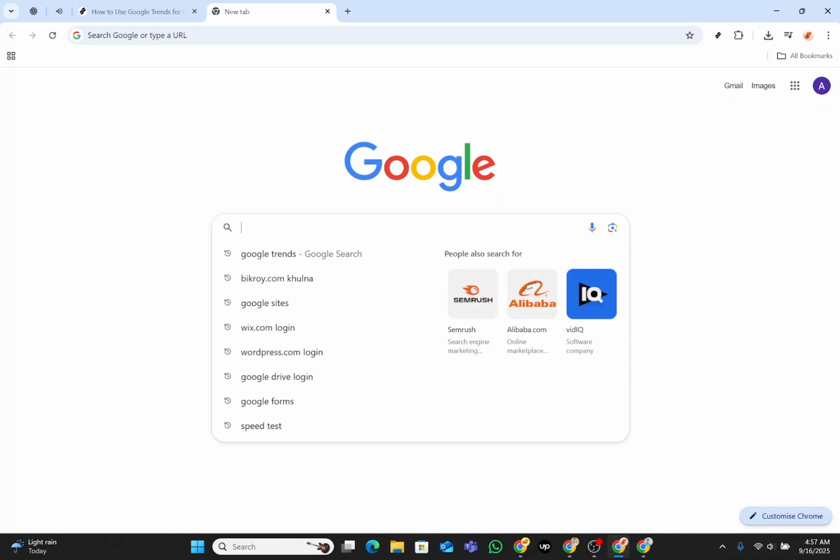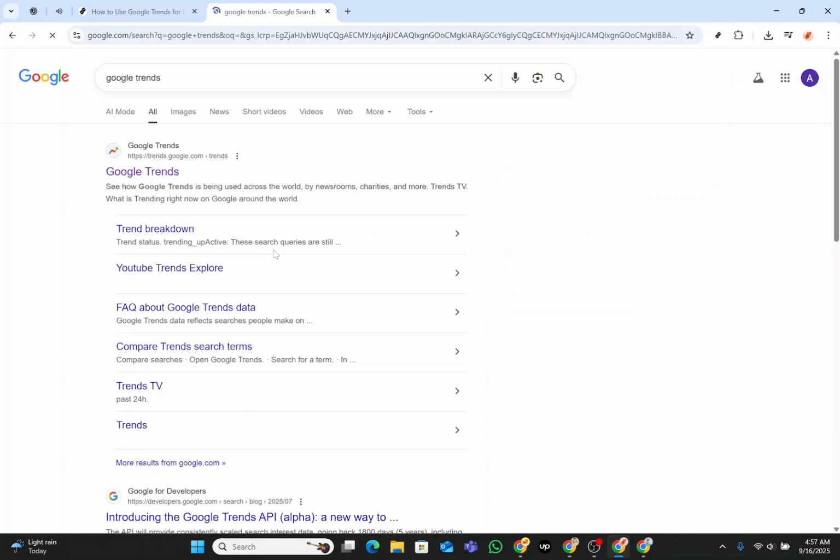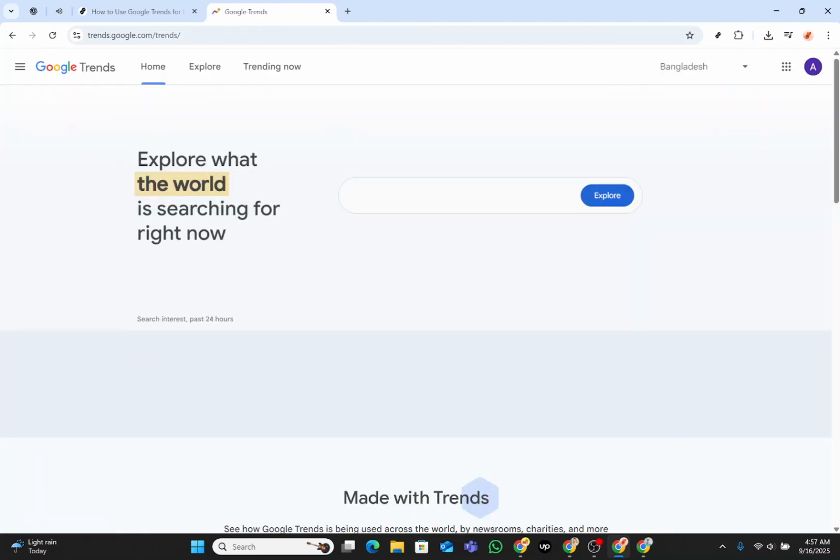First, we'll start by navigating to Google Trends. Simply open your web browser and type Google Trends into the search bar. Once the search results pop up, click on the first link. This will lead you to the Google Trends homepage, which is your gateway to exploring a world of trending topics